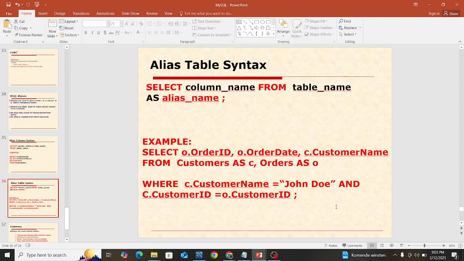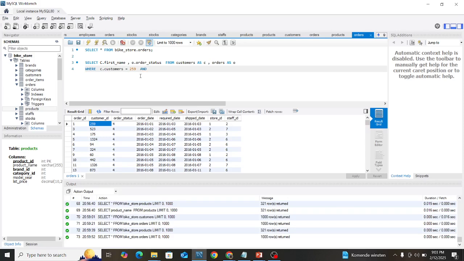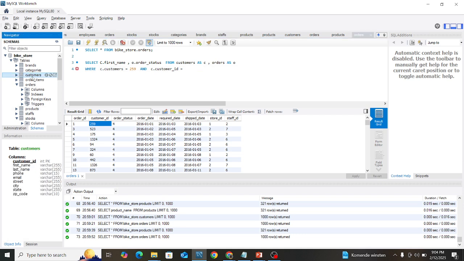And then we can use and. The customer ID must be this, and where we are using C dot customer ID is equal to, we want to compare this with O dot customer ID. So if we execute this now,